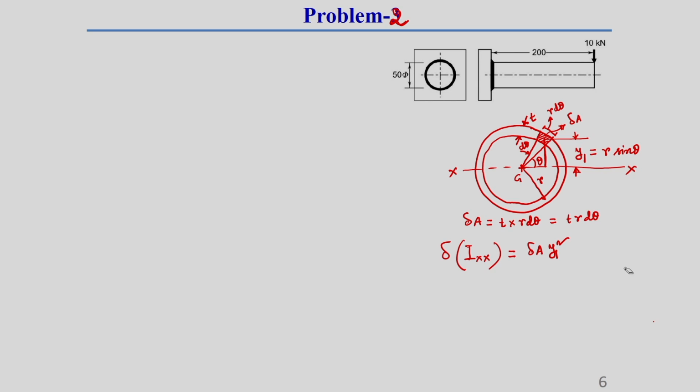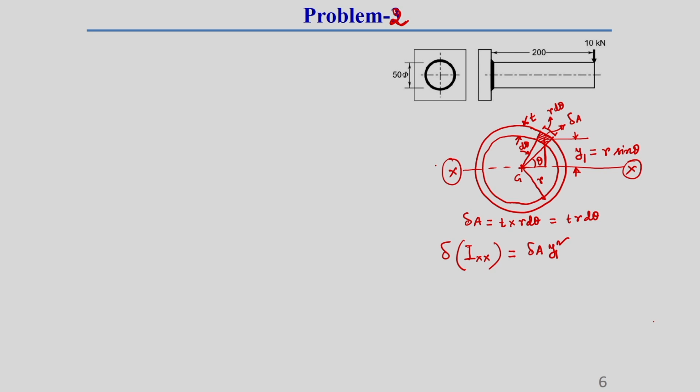This is the common theory of this moment of inertia calculation, because we are calculating these things with respect to the x axis, this capital X axis. You should keep this in mind. That is why we have to consider that area multiplied by the perpendicular distance of that area from the axis about which we are finding the moment of inertia. You should keep this in mind.